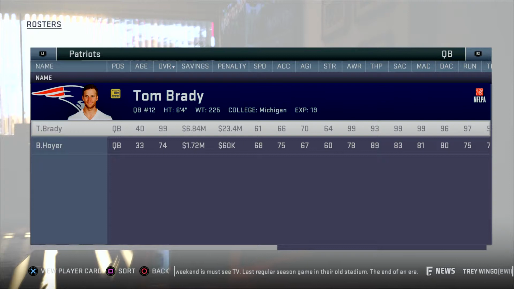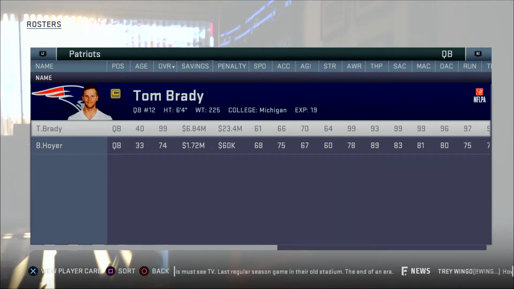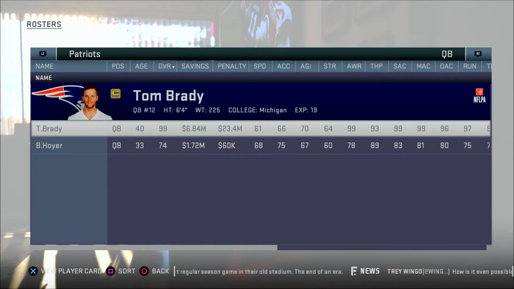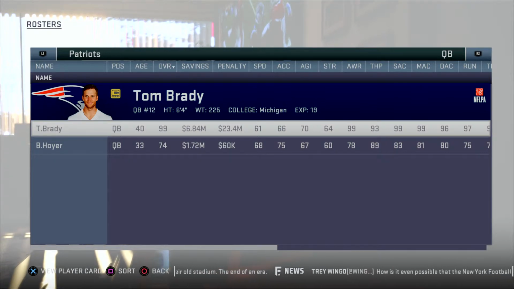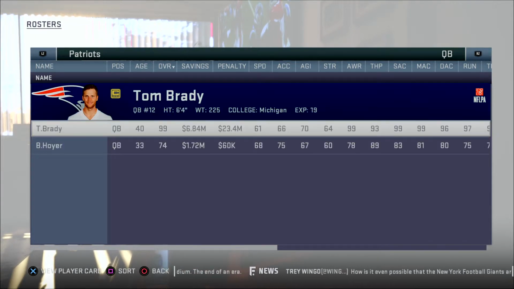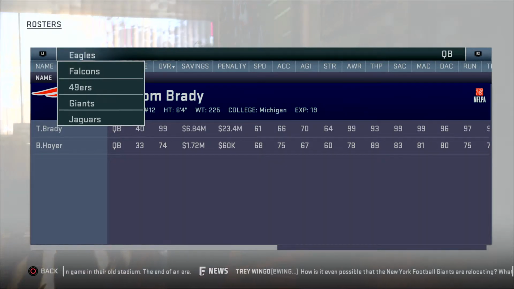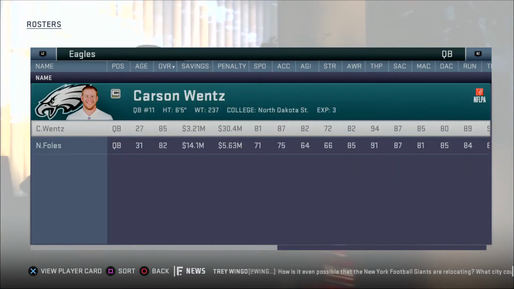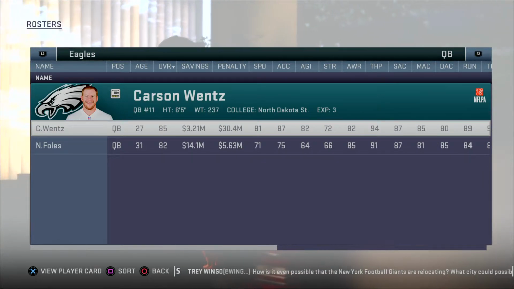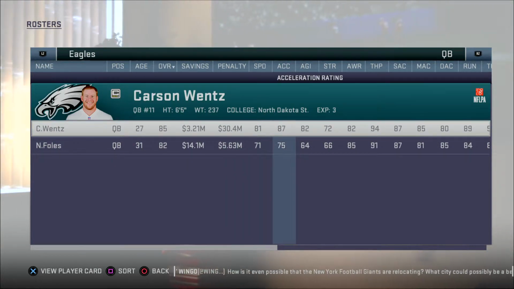So those are the three different types of quarterbacks. You're going to have the true pocket passer. You're going to have the pass first but run ability type of quarterback is how I would describe them. And then you're also going to have the true runner. Now, I think that the ideal thing for most people is actually going to have somebody that's a little bit in between. And I would say you would want to try and model your player after a guy like Carson Wentz. And you don't even necessarily have to have that good of stats, but here's just running through the stats going across here,